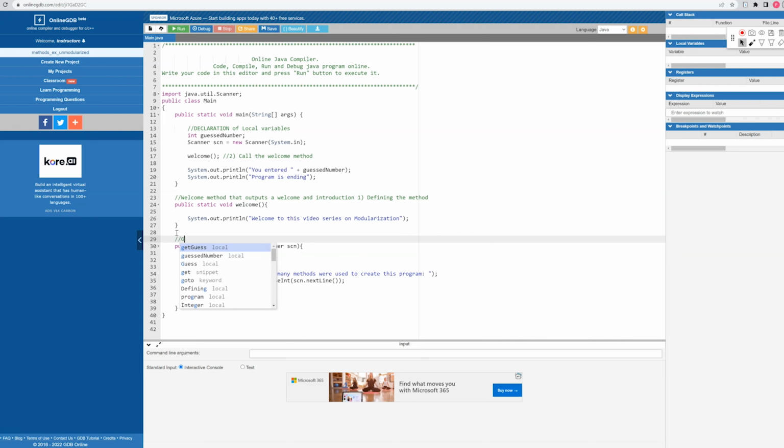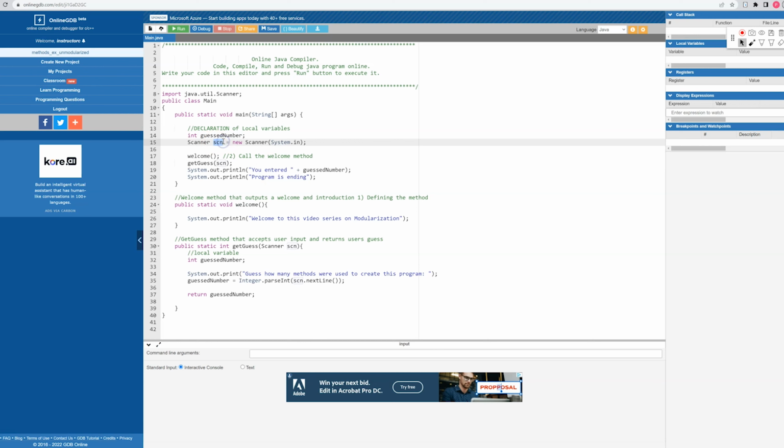And I have to pass in this scanner object, so scn. And as an argument, it's going to pass in the scanner variable, which is scn, or the scanner object variable, which is scn. So get guess is now going to hold a value. So watch this here. If I were to assign this and say int guessed number equals get guess,